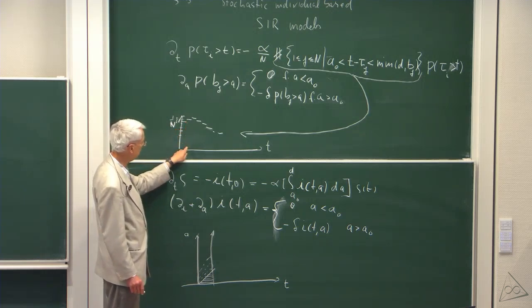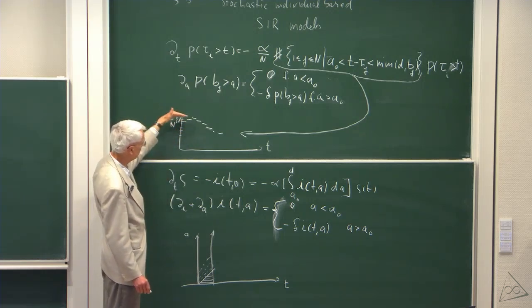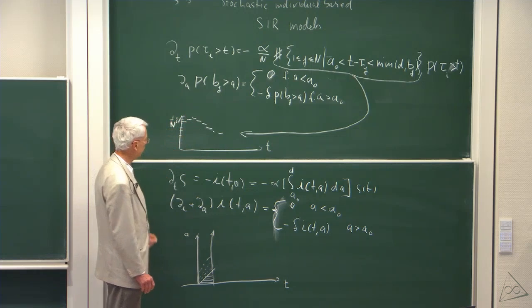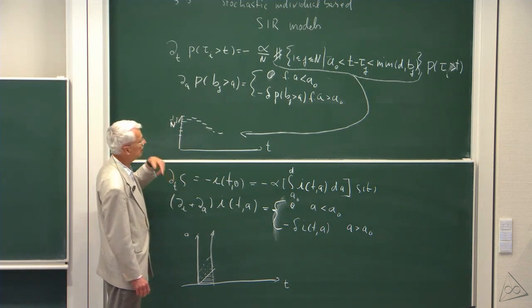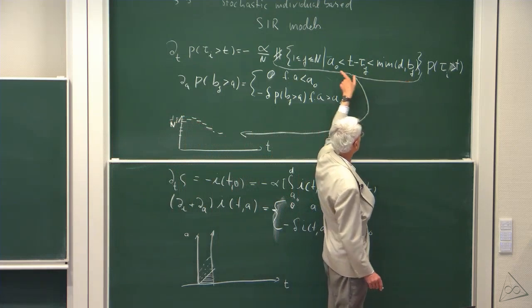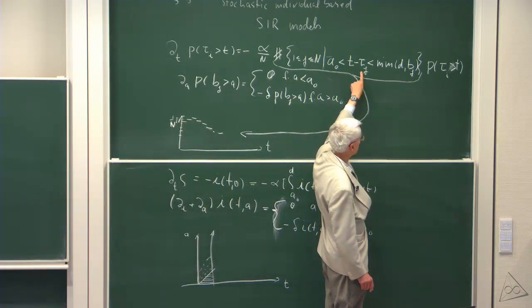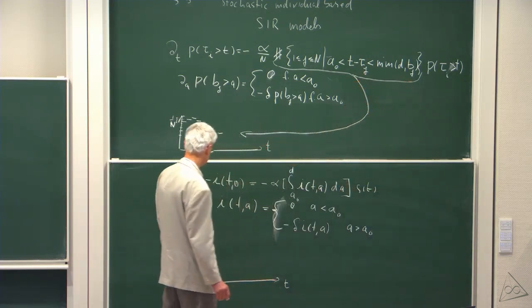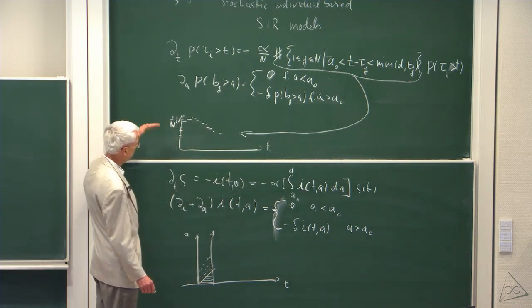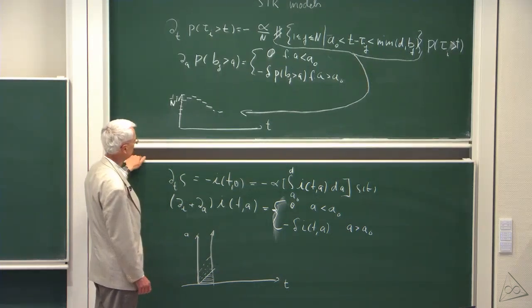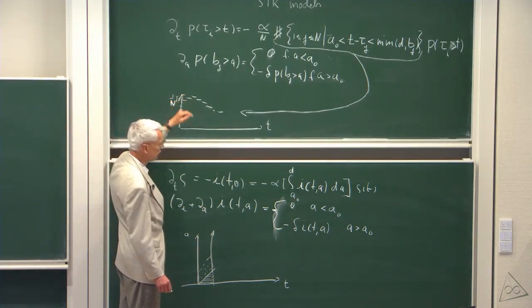The jumps occur at random times. So this is a piecewise constant function. And the jumps are not of order 1, they are of size 1 over n. So this can go down or up by 1 over n. According to this, it goes up by the process tau J for one individual, and goes down by the process Bj for another individual, let's say. So it's a piecewise constant process, but the jumps are very small,